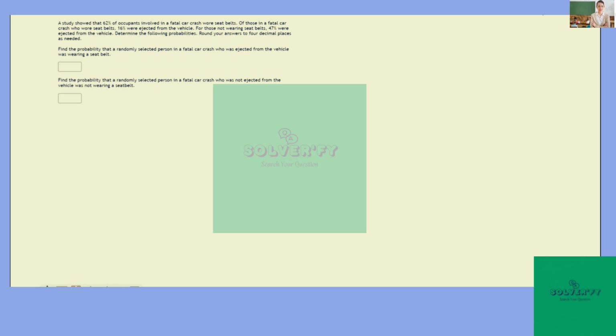Alright, so here we're looking at a study about car crashes and seatbelts. For the first question, we want to find the probability that a person in a fatal car crash was ejected from the vehicle and was wearing a seatbelt. So we need to take the probability of ejection from a vehicle and multiply it by the probability of they